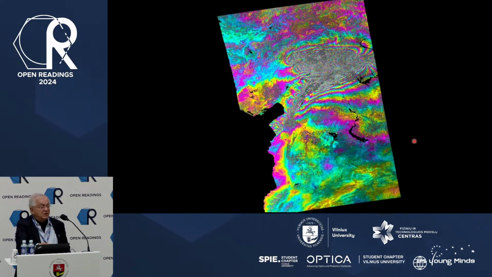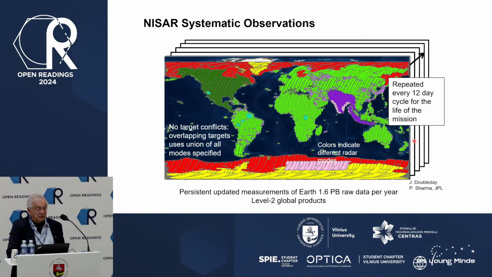And many of these, when I started, we didn't even think of them. All of these have developed over the last decade. And this mission that we'll be launching will be covering the whole Earth literally every 6 days. Every 12 days descending and every 12 days ascending. So you'll have a map of the Baltic states every 6 days at a resolution of about 10 meters and